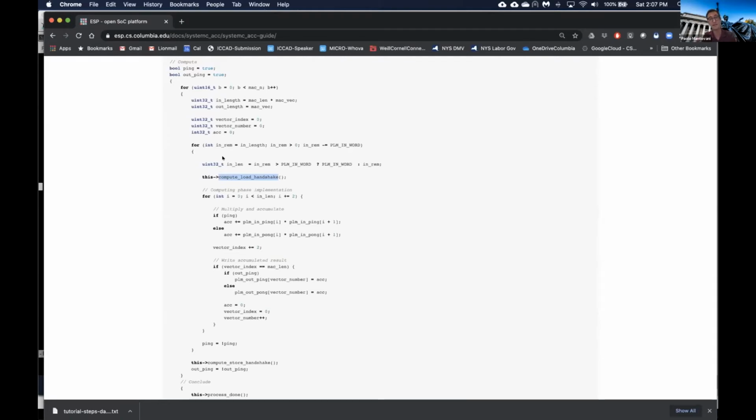And so we're releasing the producer, which can go ahead and fetch the next chunk of data. So this is how we synchronize load and store with the computation so that they can use the ping pong buffer and never overwrite data that have not been consumed yet. Again, the primitives are generated for you, and you can choose where to place them. So every time this block executes compute load handshake, it's telling the load function that it can go ahead and fetch into the next portion of the ping pong buffer the next chunk of data, because the first one has already been consumed. So we take this code